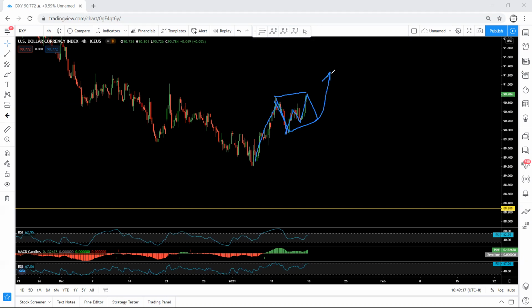That means if you want to look for buy, if the price drops similar to what I would draw, we get a correction similar to this, then from there we can look for buy. This is one of the options. The other one is that internally we may get a big correction before we get this.